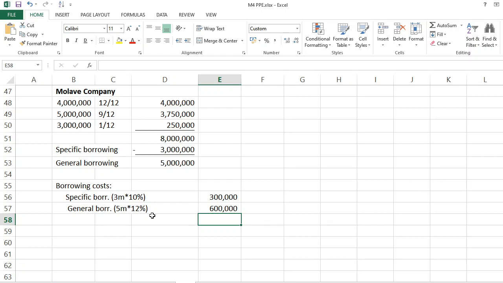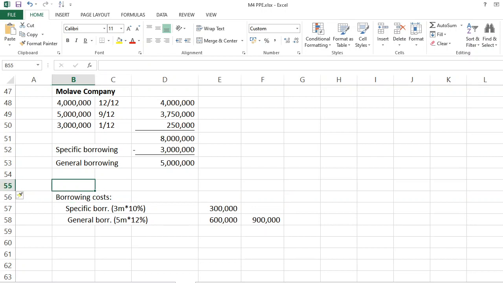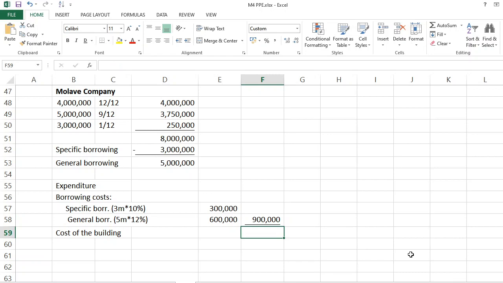Sige, anyway, let's proceed. Our total borrowing cost for 2019 would be 900,000. And therefore, our cost for 2019. So, as if 2019 palang takaron, 12/31/2019, December 31 year end. How much is the cost of the building? Of course, kailangan natin itong i-disclose. Dili na ito paabuton nga mahuman ang project bago na to siya i-report. So, of course, kailangan din natin i-report sa financial statement natin for 2019.